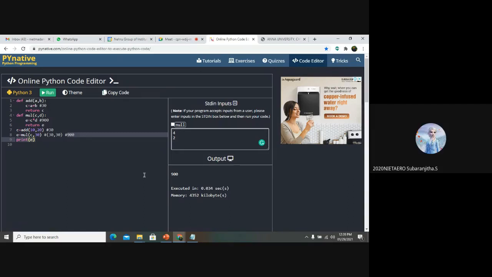No doubt, sir. So you can expect a minimum of 8 marks in this question from your university point of view. For this particular topic, function composition, you can expect a minimum of 8 marks, which consists of a 4 mark question or a 2 mark question, whatever it may be.